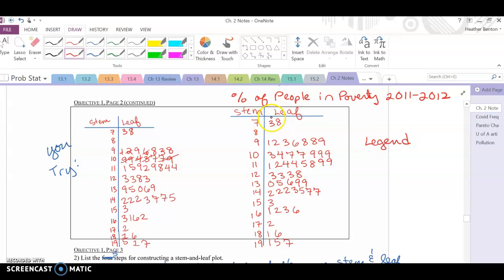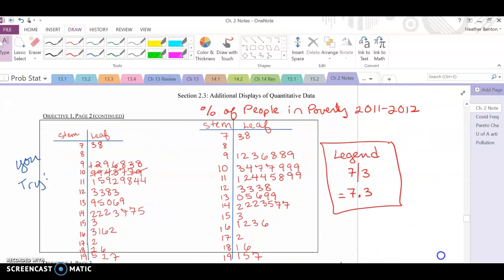Legend would be something like 7/3 means 7.3, just to show that those numbers weren't like 730 or anything like that,